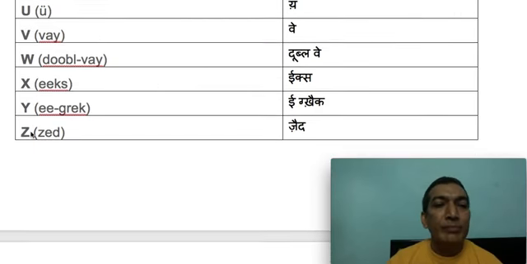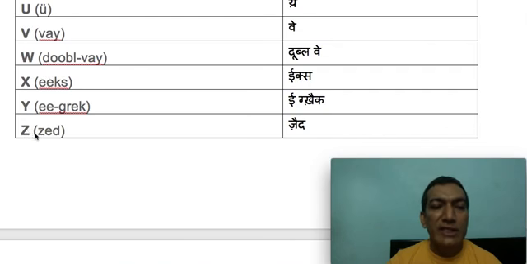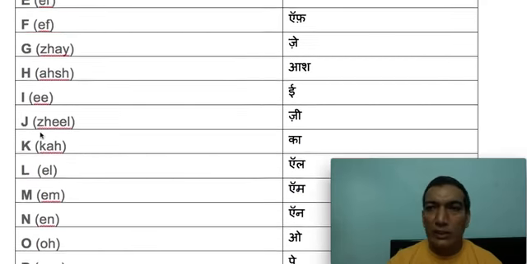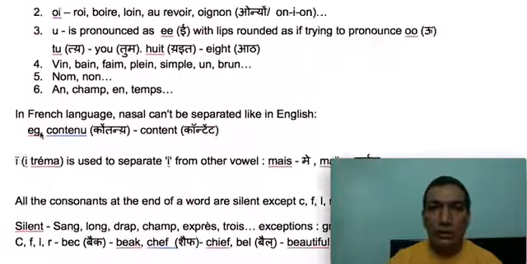Okay, the last letter in French is Z. Z. So here also you can see it is pronounced like "zed" and not "zee", like in English. So Z. Okay, so this is the alphabet. First you have to learn this, then we come to all the sounds